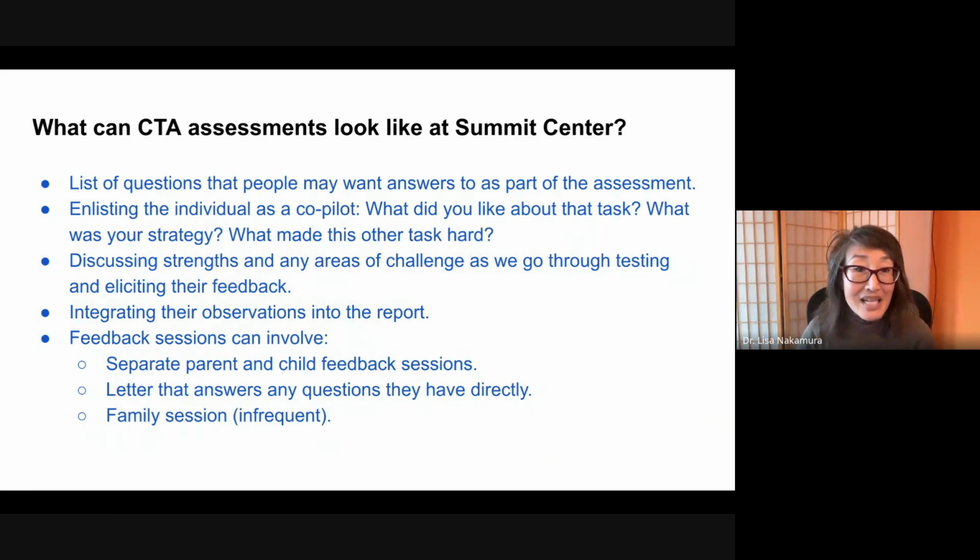And then sometimes, this is very rare and infrequent, I'll have a family session. It only has to make sense. It's like a targeted family session. It's not typical because it depends on the readiness and supports that are involved with the family. But there can be really important things that get communicated. So usually there's a discrete goal of something that needs to be communicated and an assessment of readiness.